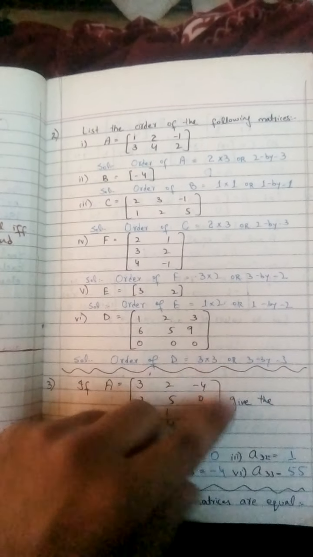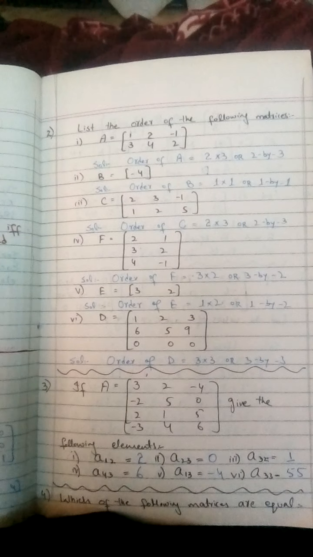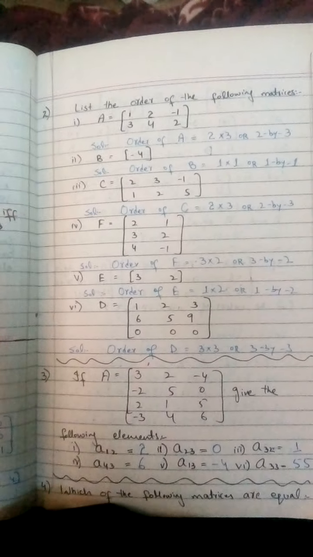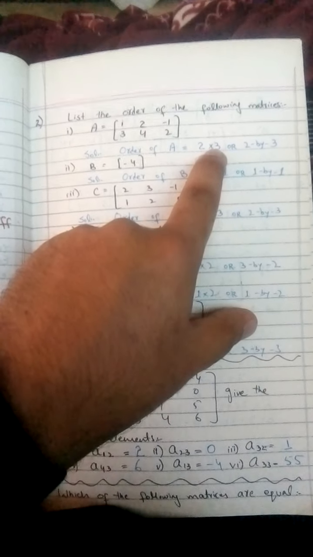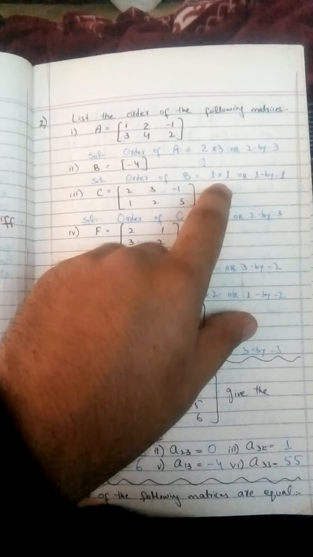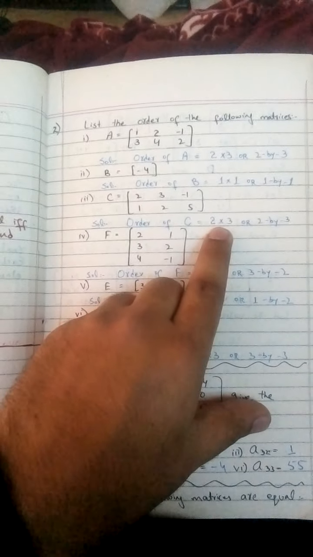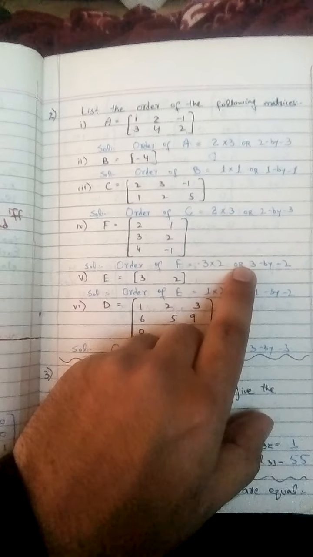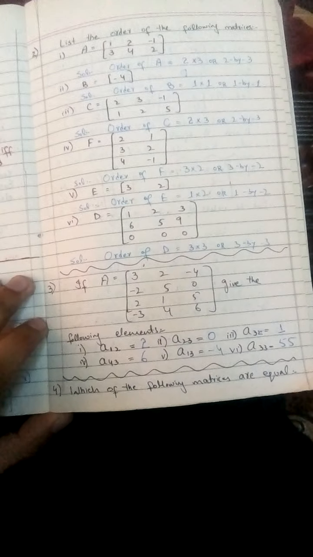And if the examiner asks you to find the order of a matrix, and also to tell whether the matrix is square or rectangular, what will you say? If you see here, the orders are different, so it's a rectangular matrix. Here the order is the same: rows and columns are the same, so square. Here rectangular, here rectangular, here rectangular, here square, because rows and columns are the same. Now in question number 3,